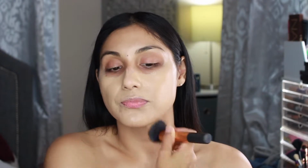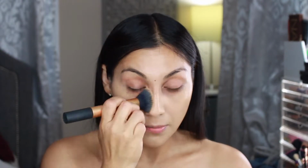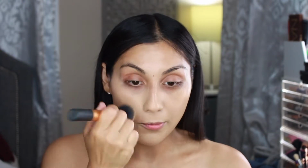I wouldn't really use a sponge with this. I feel like a brush is more natural, especially for a CC cream, because we want some coverage, and look at that. This is really good. I wish I would have done a comparison, but for the thumbnail, I will leave a